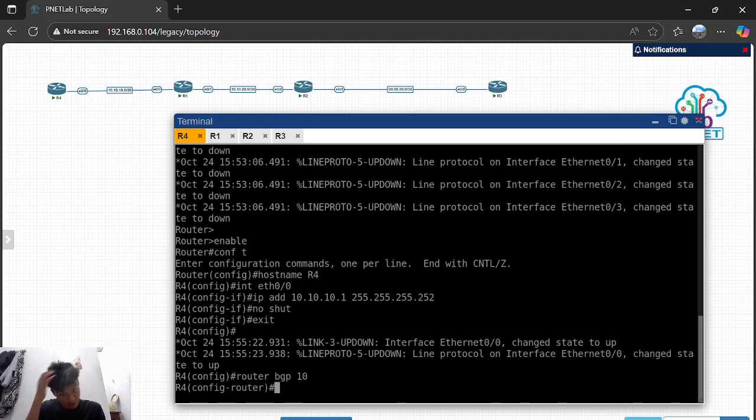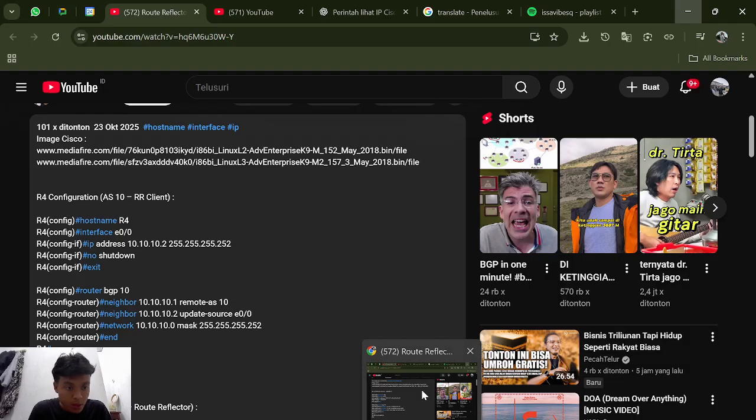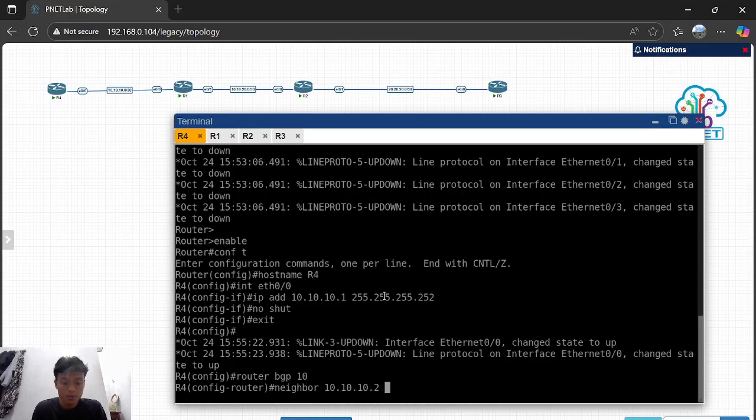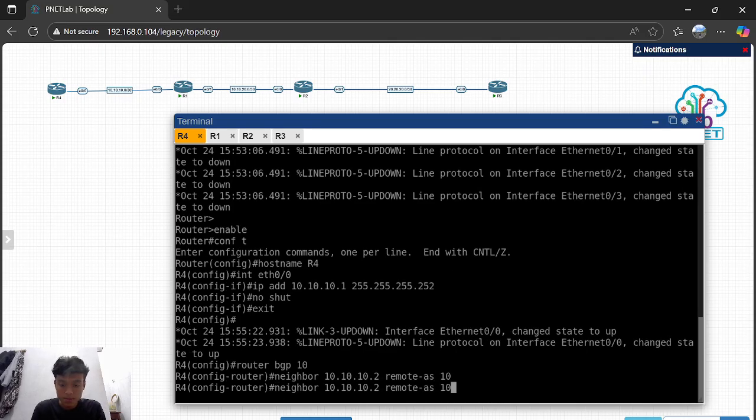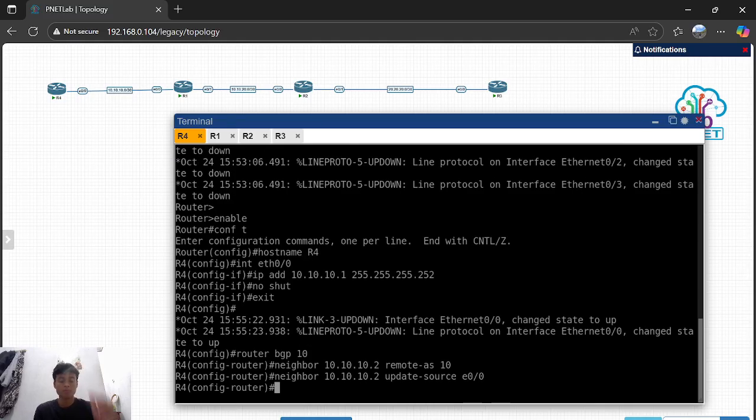You can press enter, and then you can make the neighbor with the remote AS, and then with update source, like this.